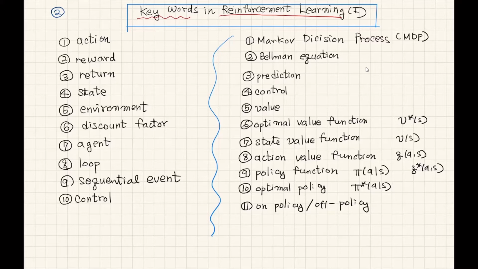One of them is action, reward, return, state, environment, discount vector, agent, loop, sequential event, control. Probably I may write down one more, prediction,